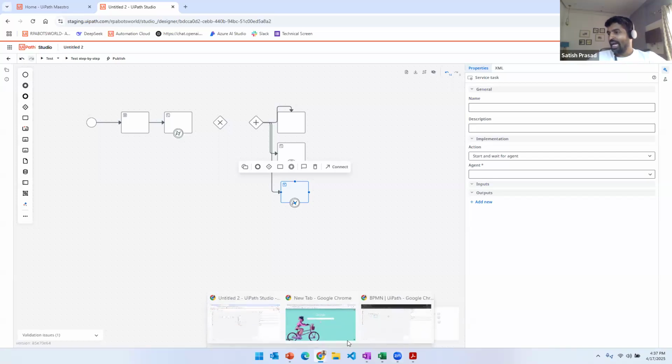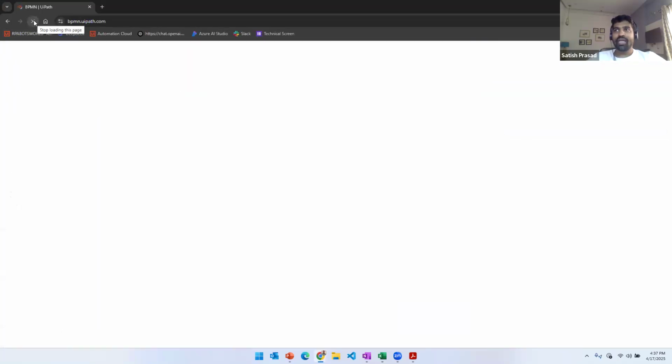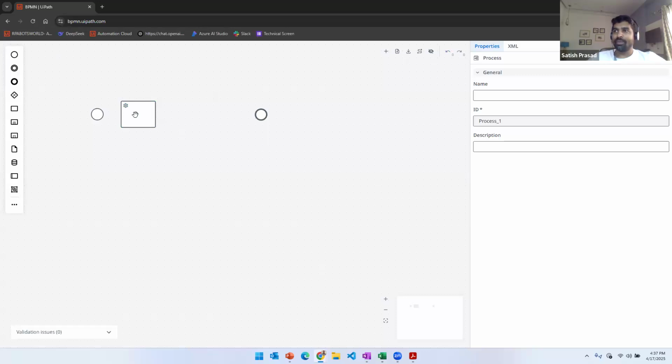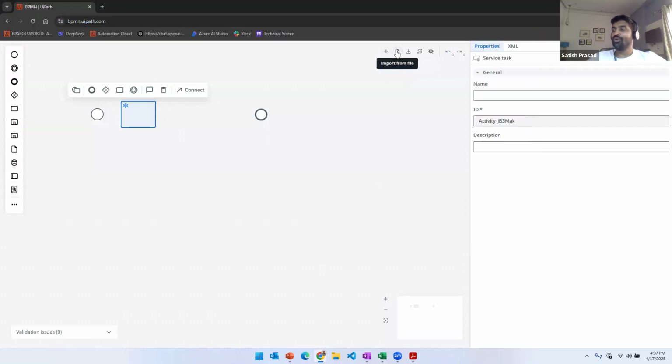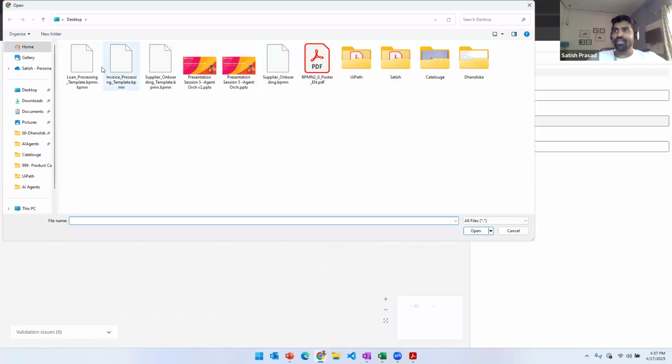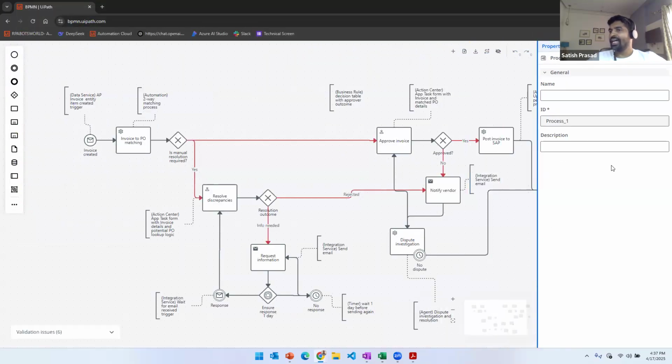So what I'll do is quickly import one of the examples that we have talked about much in this webinar series, which is the loan processing, right? You can export it this way. Similarly, you should be able to import a file. So click on import and you should be able to import the file from here. If you import that, you should be able to see that it has pulled out the entire workflow in a nicely formatted way, and anybody can understand what is happening.